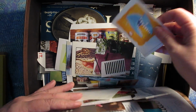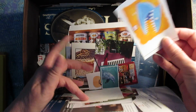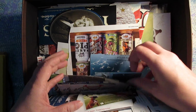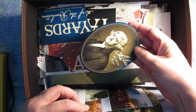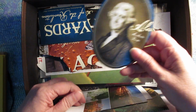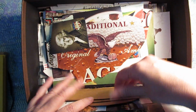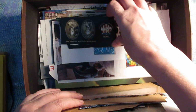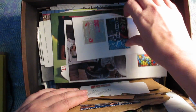I will go back and look at these pictures and pull out things that I want to use and trim around them nicely before I start gluing them in. I mean, there's just everything. Anything, everything. That was from a beer holder, the 6-pack. I liked him, so here he is. And here's some more beer holders. I collect everything. If it was interesting at all to me,